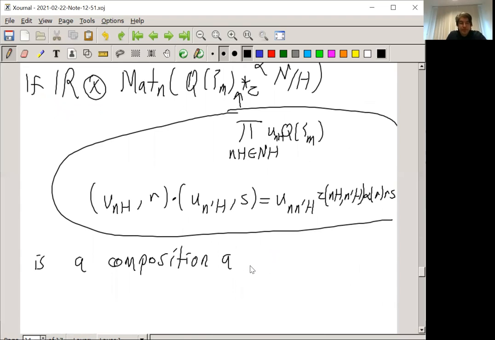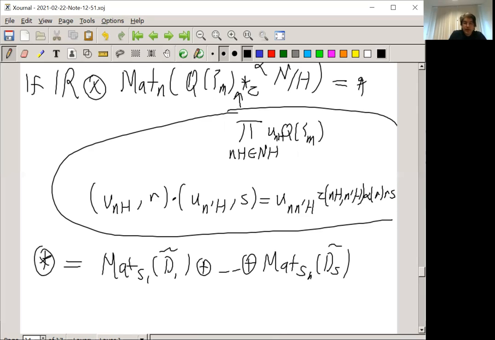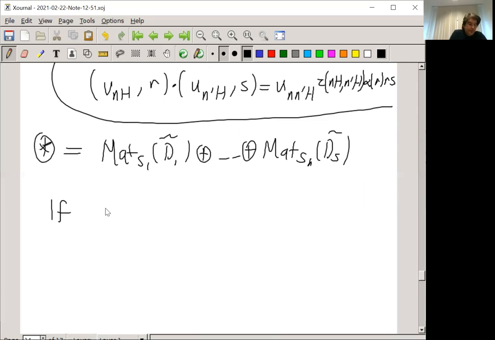Now, if this is a composition algebra, oh, sorry, this could separate, of course, sorry. This is a simple algebra. And now this could be decomposed again. So it's like S_1 D_1 tilde plus some S_k D_k tilde. Now, if some D_i tilde is a composition algebra,